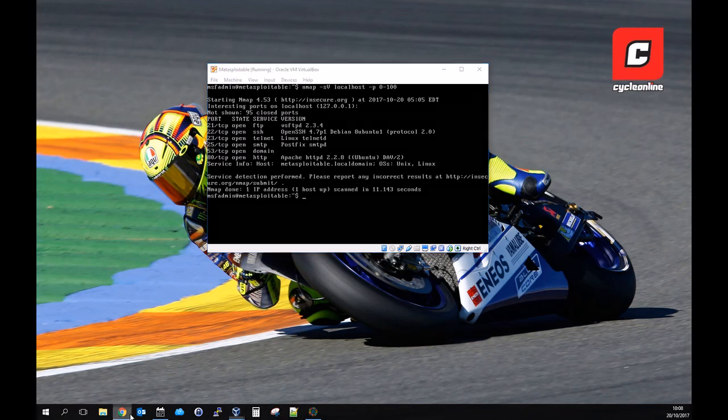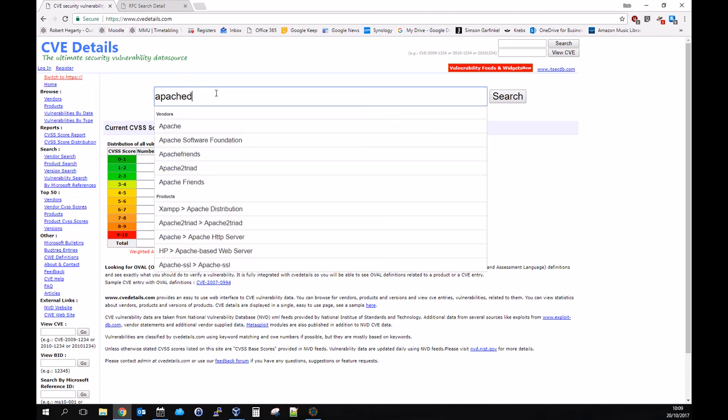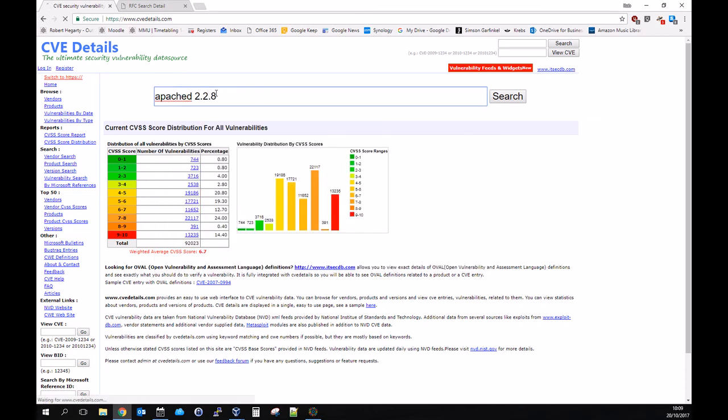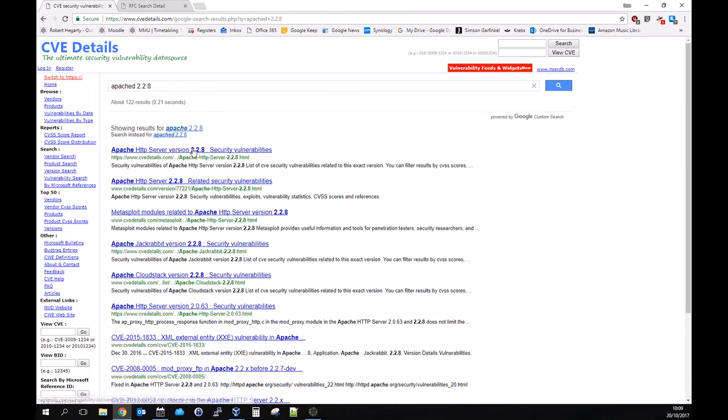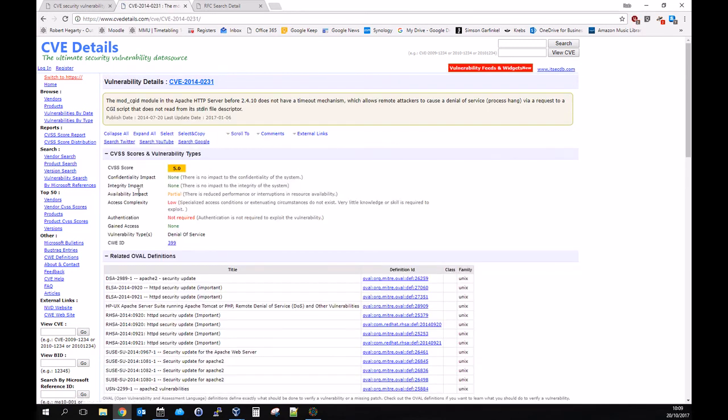2.2.8. So if we just flick across to the CVE details website, would be my preference. CVE MITRE also provides details. There are lots of other websites, but this one is fairly straightforward to use. So if we do a quick search on Apache 2.2.8, we get a hit here that explains vulnerabilities associated with this Apache web server. So we click on the vulnerabilities, and it explains how they relate or what their impact is on confidentiality, integrity,